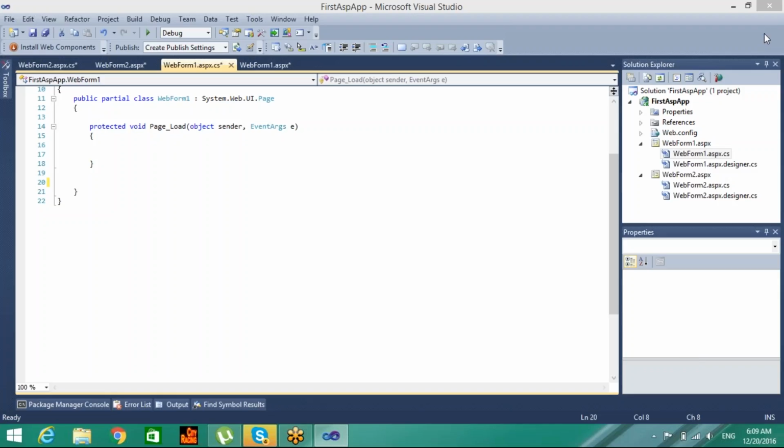Okay. So the role of global.asax files. So far we have seen view state, where we can maintain the state of the application on page